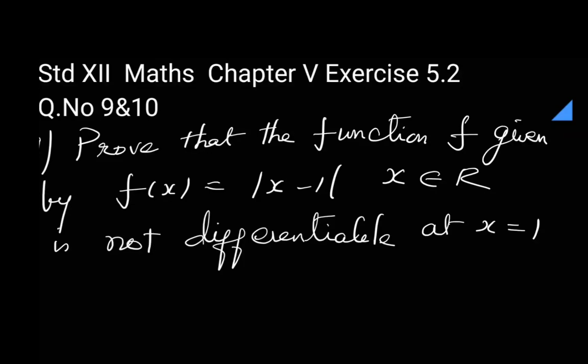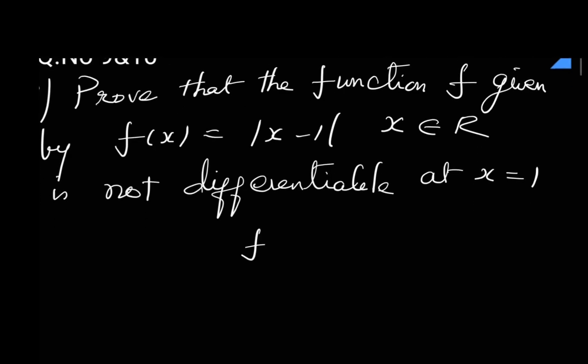Standard 12th Maths Chapter 5 Exercise 5.2. This is from NCERT book. Question number 9 and 10. Prove that the function f given by f of x equal to modulus of x minus 1, x is a real number, is not differentiable at x equal to 1. Let us see the